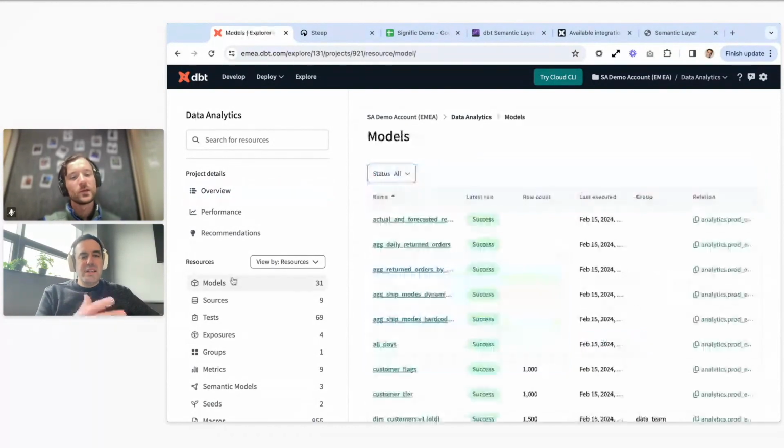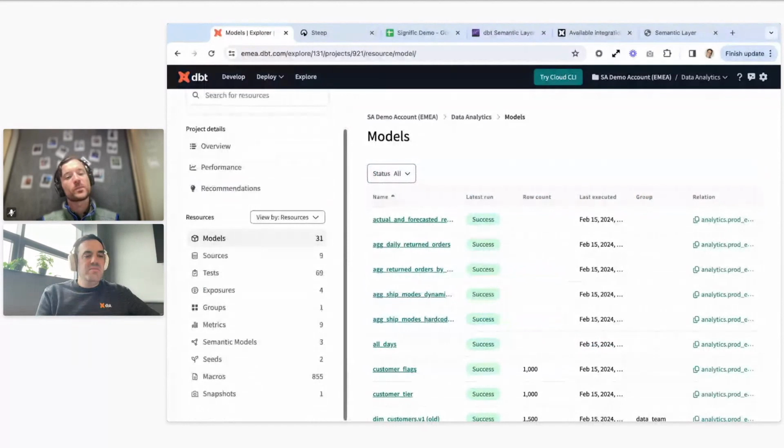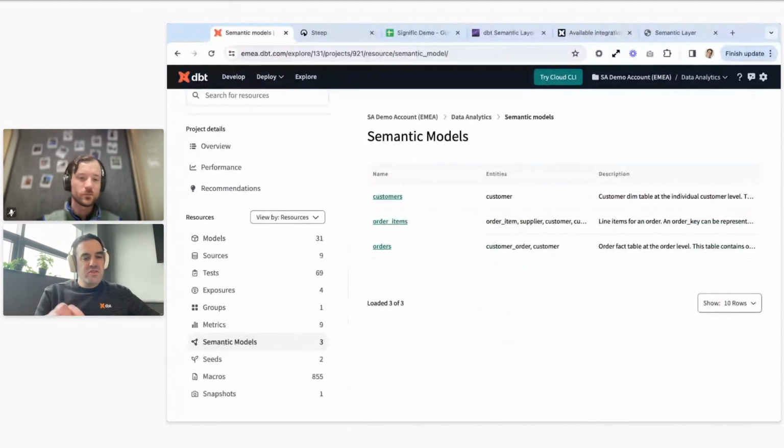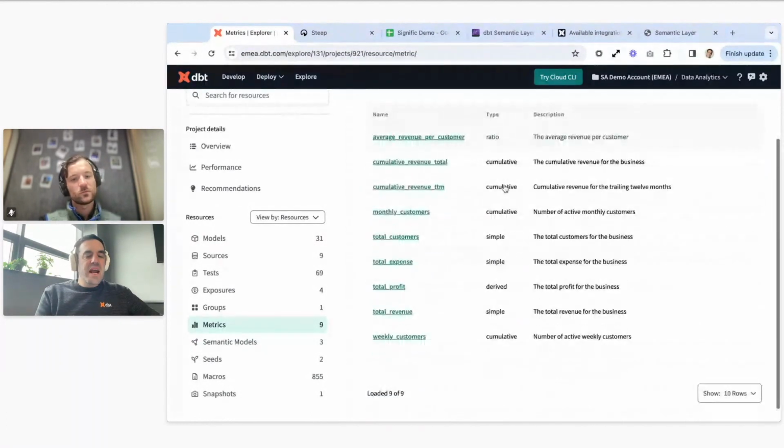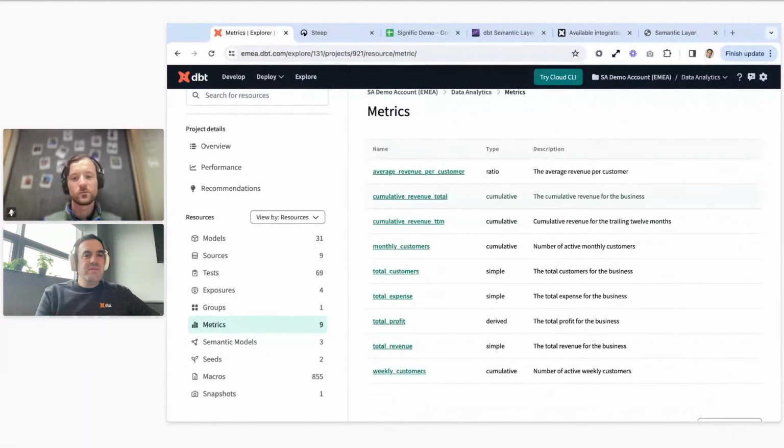So if I click into models, that's the traditional dbt models. And if I click into semantic models, Max has already introduced what those are. Those are like a layer on top of the physical dbt models. And finally, I have a catalog of my metrics. So these are the 9 metrics that I'm effectively publishing, and I will be able to show you in these other tools. The one I'm going to focus on is total profit, which is a derived metric,